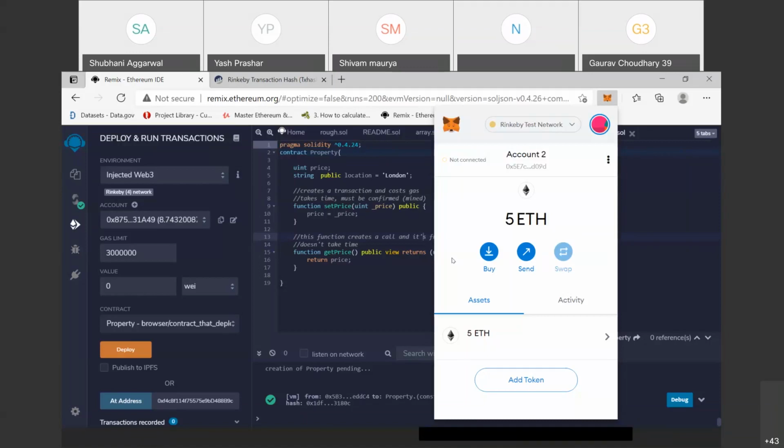क्लियर? क्लियर मैम. Any more doubt? You just build some smart contracts on your Remix IDE platform and then connect it with MetaMask and do some transactions and check how these transactions work. Clear?